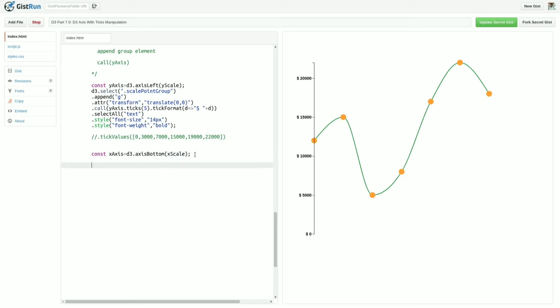Now our next step is to append the x axis. I will use d3 dot select this dot append group element and dot attribute transform, then translate. Here I will provide x as 0, and for y I will provide the height.